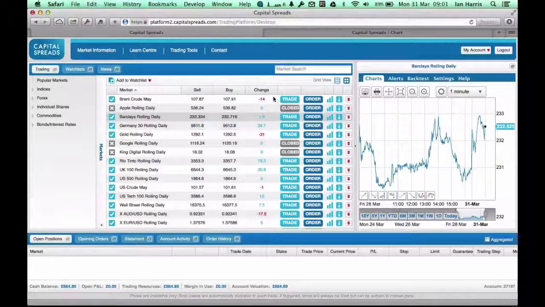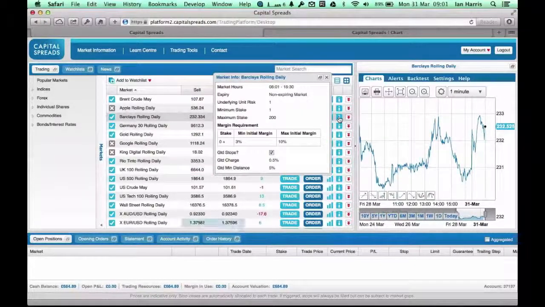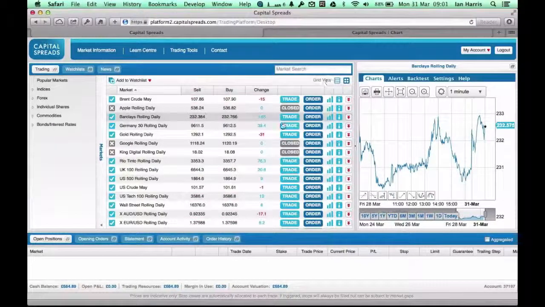So let's go ahead and open a trade now on something like, let's say, Barclays as an example. First of all, we look at the market information. We can see that our minimum stake is £1, £1 per point. The maximum stake is £200 per point. This market does offer guaranteed stops for a charge of 0.5%. That's all the info we need. So let's go ahead and